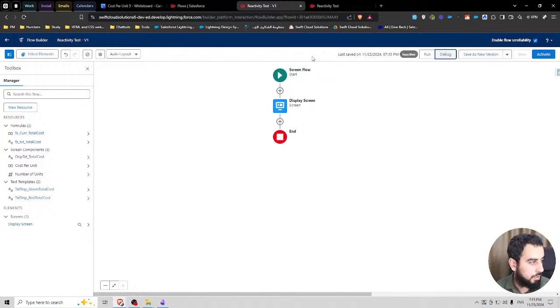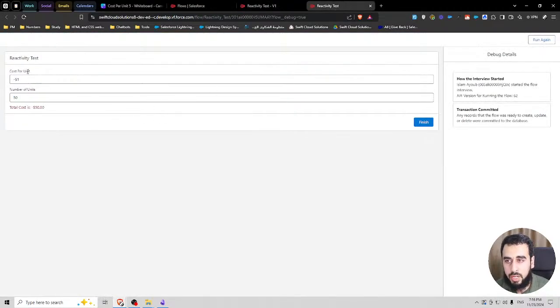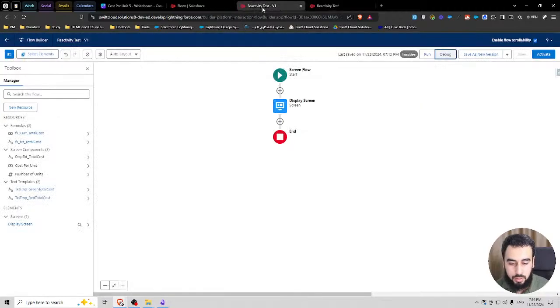It doesn't change from black to green. It goes back to black when I try. It goes back to black. Can you give me more context of like what did you enter in here? Like what values do you have in cost per unit, and what value did you have in the number of units?